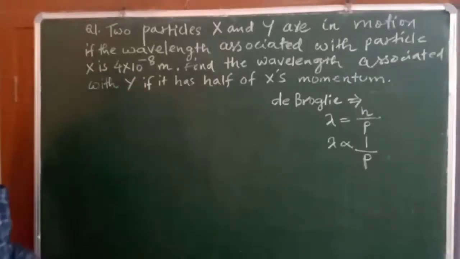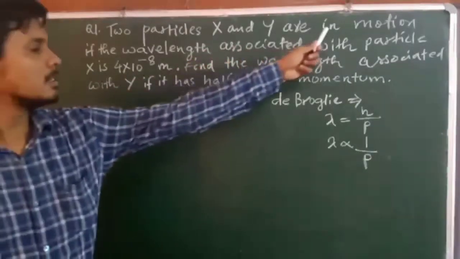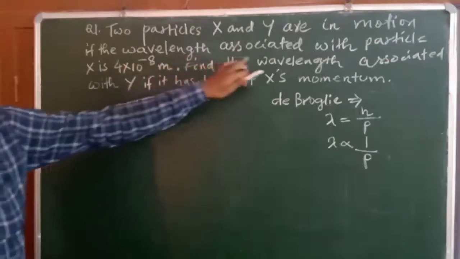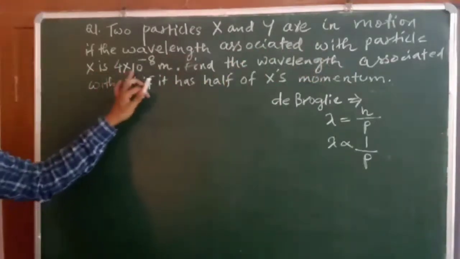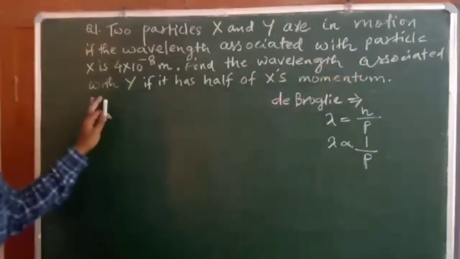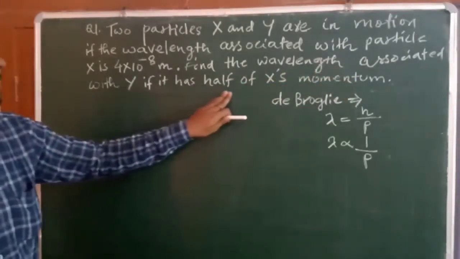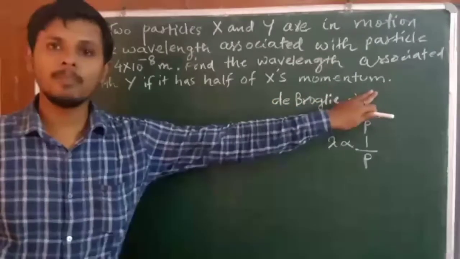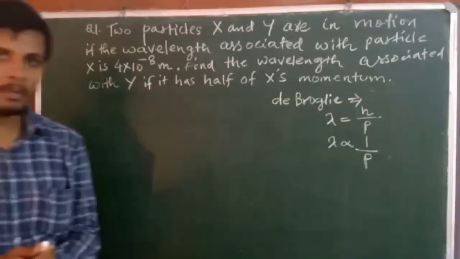Two particles X and Y are in motion. If the wavelength associated with particle X is 4 × 10^-8 meter, find the wavelength associated with Y if it has half of X's momentum. Now, when we consider